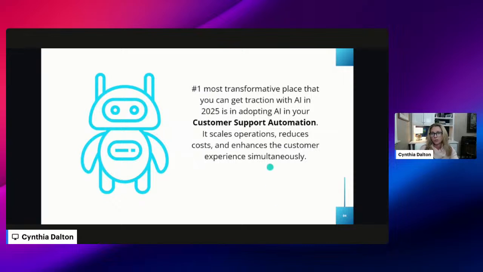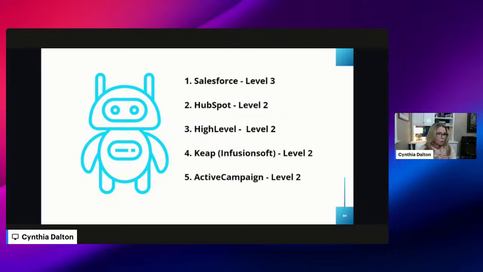And I looked at the most transformative place that you can get traction with AI in 2025. And there are many, many places you can use it, from e-commerce to finance to HR to wherever. But I checked several sources. I checked with ChatGPT, of course, and Perplexity, and I have all the paid versions and all the things. But customer support automation is the number one area where you're going to see the highest ROI most quickly, and where it's scalable. And I do see this. I see these being deployed. I see every iteration of this